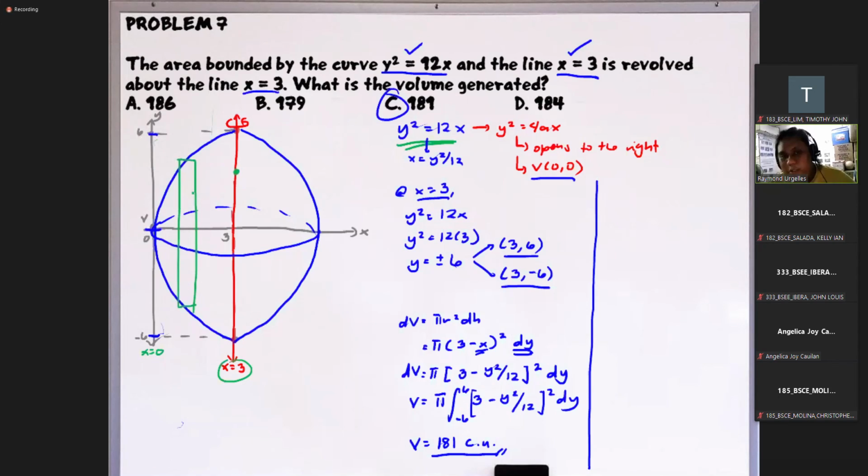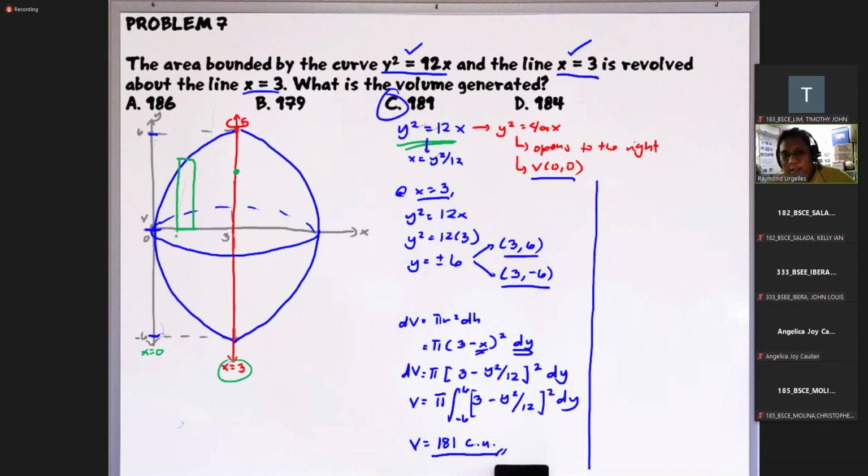Okay? But as you can see, due to the symmetry of the parabola, pwede natin tong hatiin sa dalawa. Therefore, kung ang i-consider lang natin is yung upper half, then pwedeng hanggang dito lang yung gawin nating strip. Pwedeng kalahatiin din natin yung strip, and actually, that is much easier to solve, compared sa pag kinonsider natin yung buong strip. Tapos ito yung i-revolve natin about the axis of revolution to form a cylindrical shell.